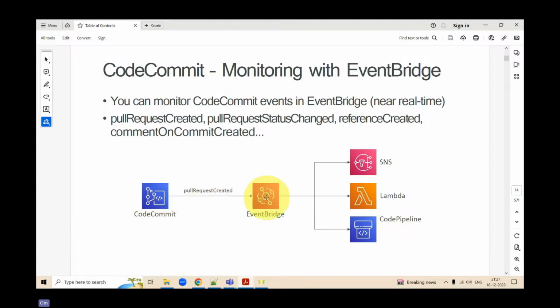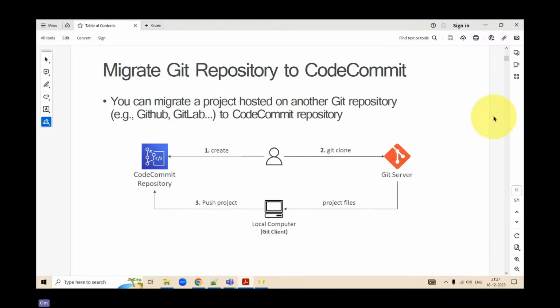Now this event trigger would be set up for Saturday 9 a.m. The moment your clock hits Saturday 9 a.m., automatically this would trigger, pull the code from your CodeCommit and deploy it using your CodePipeline into production. So this is how the real life scenario is.